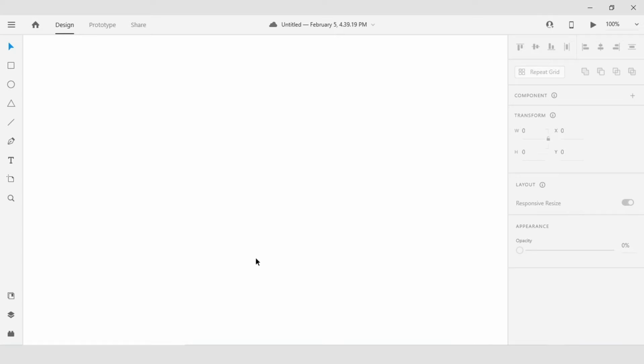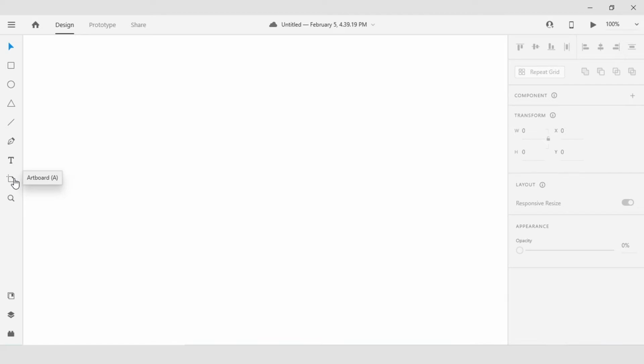This will create an empty document in Adobe XD that I can now work with. Here in this default document, there are a variety of ways I can come in and start to add artboards on the canvas. As I come here on the left, I can see that there is a tool panel. If I come to the second icon from the bottom and just roll over it, I get a tooltip that shows me it's the artboard tool.